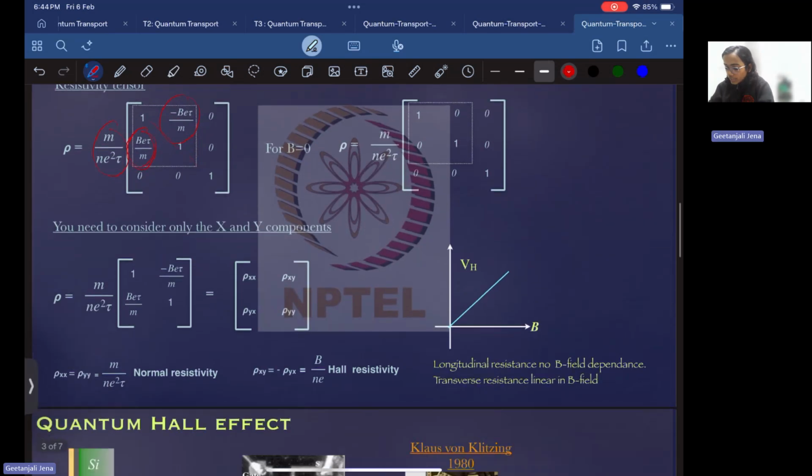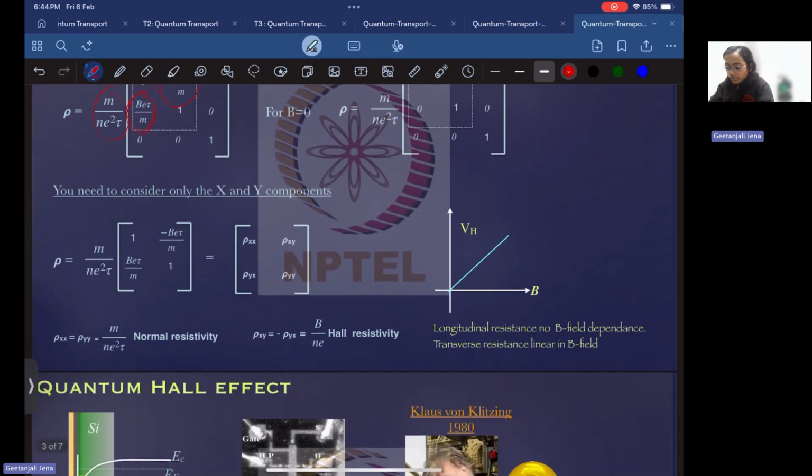Okay, so we can now term it the constant part. This is the normal resistivity that we have seen without any application of the magnetic field. This we have seen earlier. But when we applied a